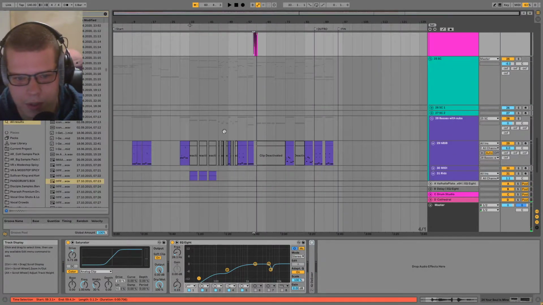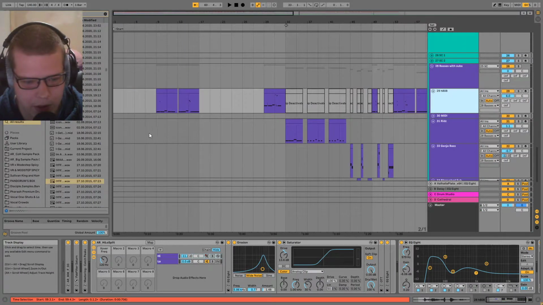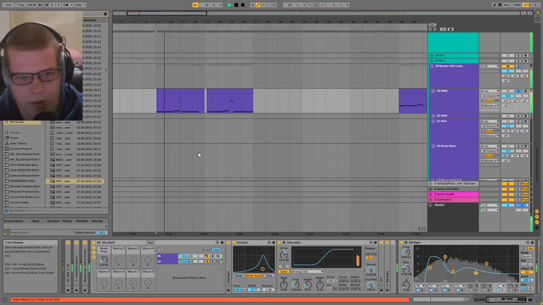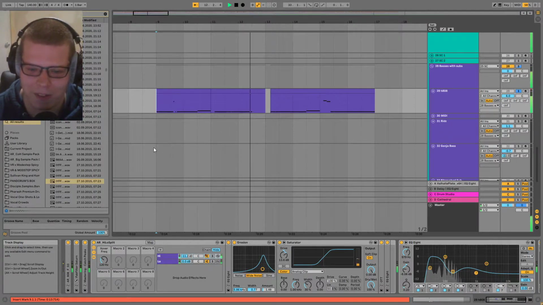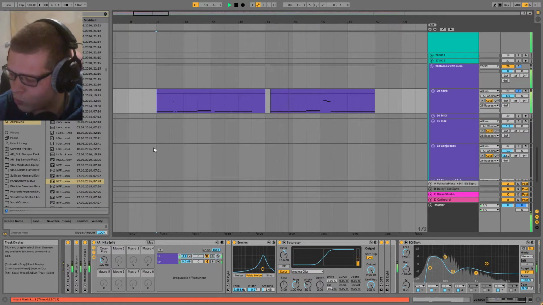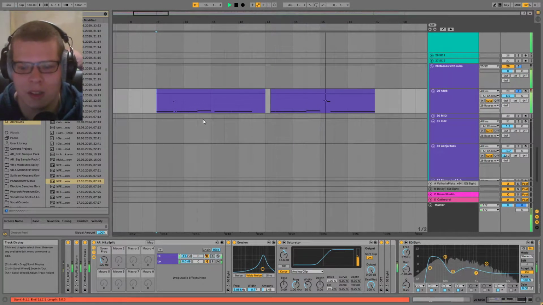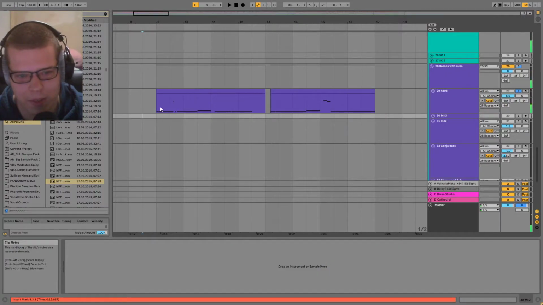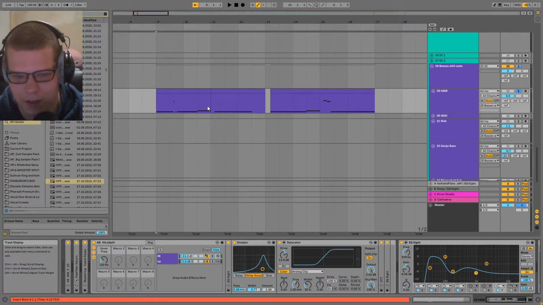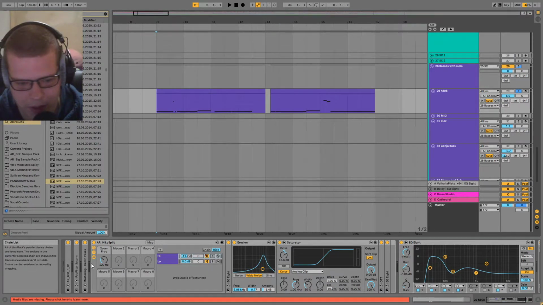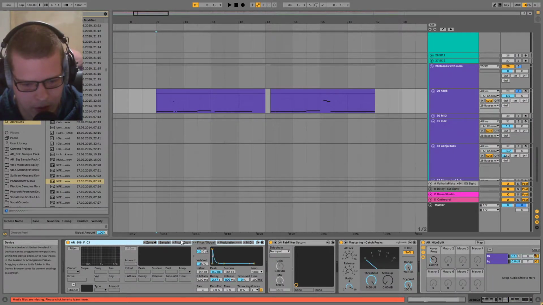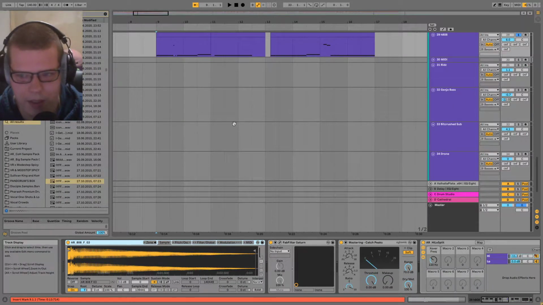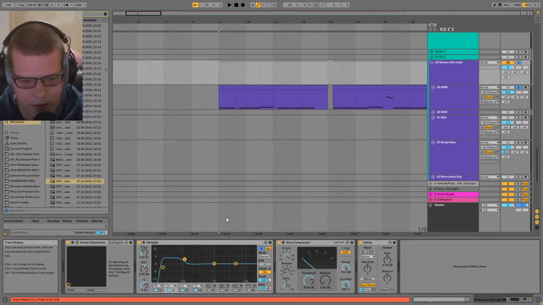Alright, so let's jump into the meaty stuff, which is the basses. I love these 808s with high frequency content. Though it does seem like there is something different. I don't think this is how it actually sounds in the final version. There might be a plugin. No? I'm not sure why it sounds different, but I'm pretty sure it does.